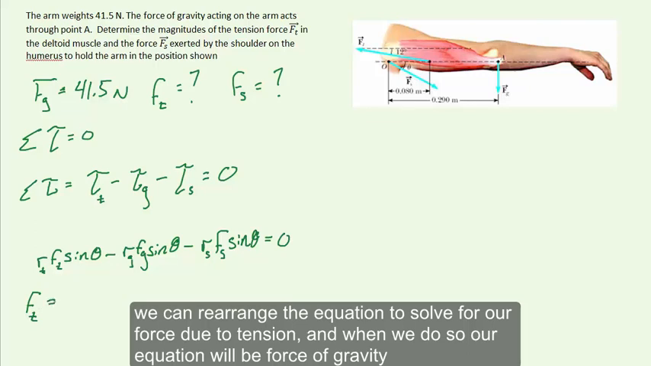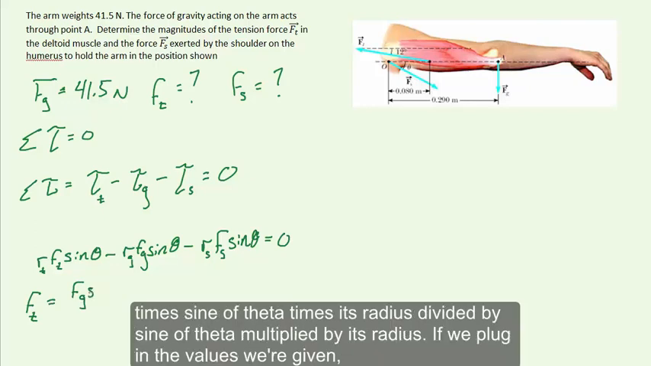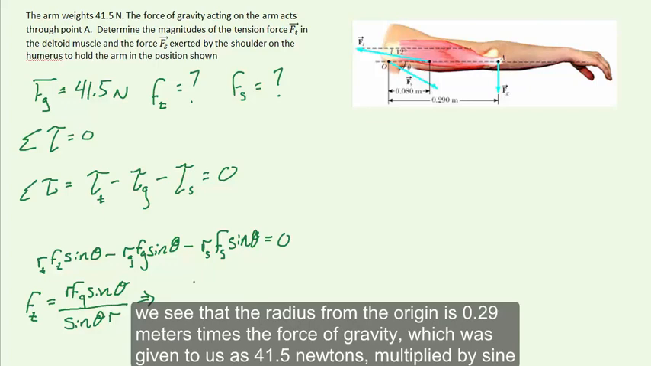And when we do so, our equation will be the force of gravity times sine of theta times its radius, divided by sine of theta multiplied by its radius. If we plug in the values we're given, we see that the radius from the origin is